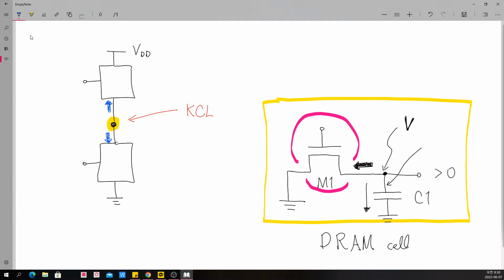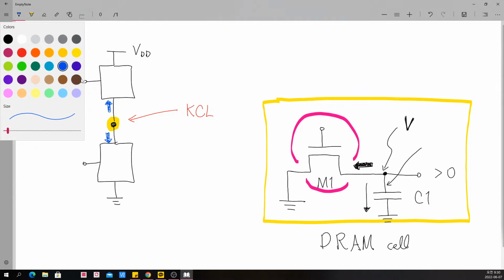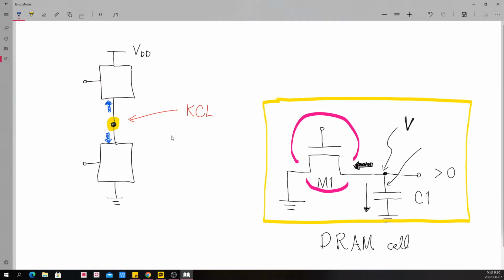What we have to do to calculate KCL is quite simple: just make a sum of the related branches. For example, it can have two branches, each with its own terminal current, and the sum of our